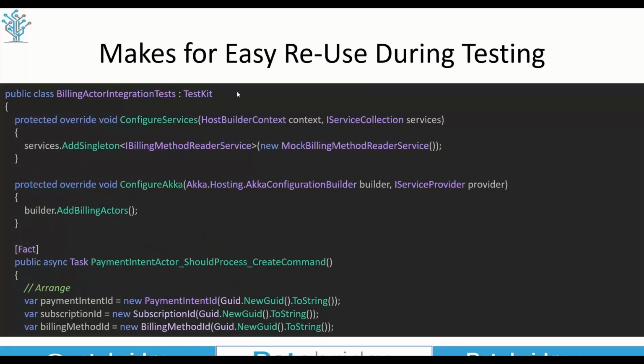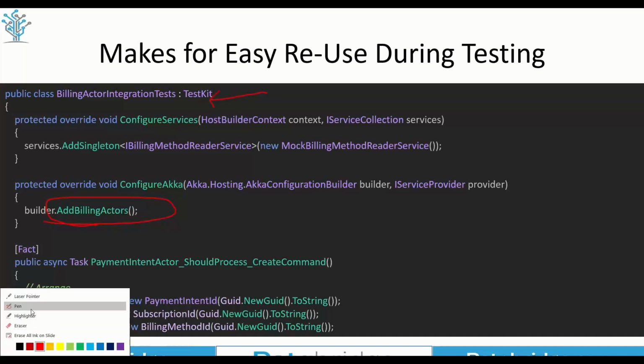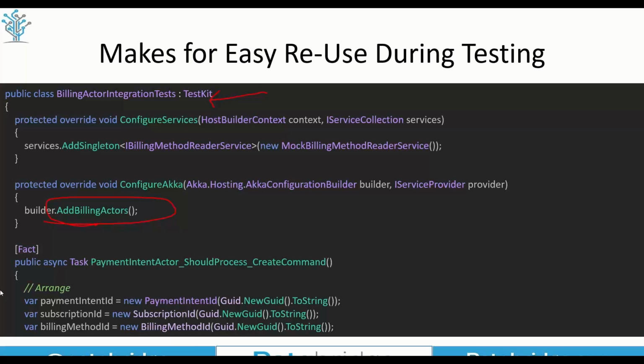The other thing that is really good about using these static configuration methods, and this is a different one than what I had on the previous slide, is that it basically calls that method plus two others just like it to spin up 3 different top-level actors, different parts of my domain. This makes it really easy for me to plug into the Akka.Hosting test kit, which I have right here. I can go ahead and say, you know what? I want to use the exact same configuration that I have in production,